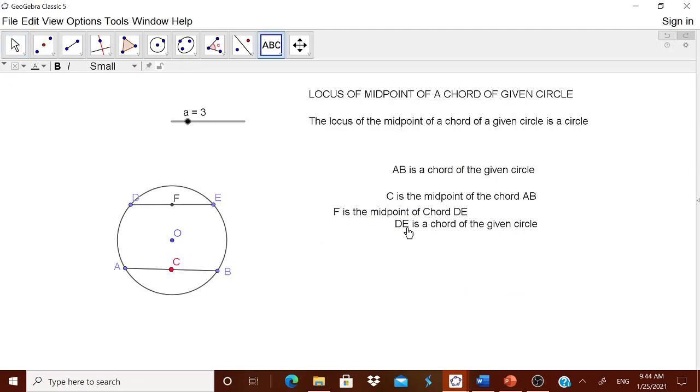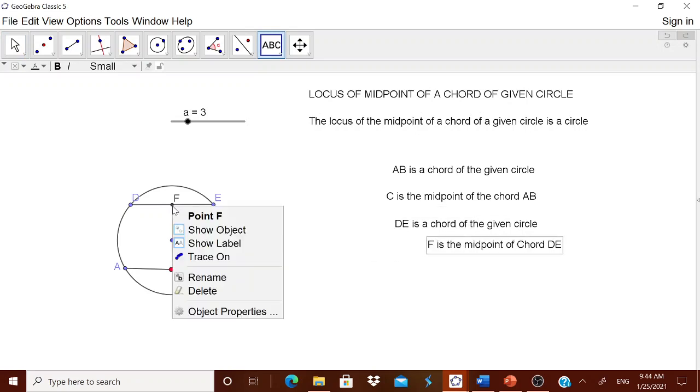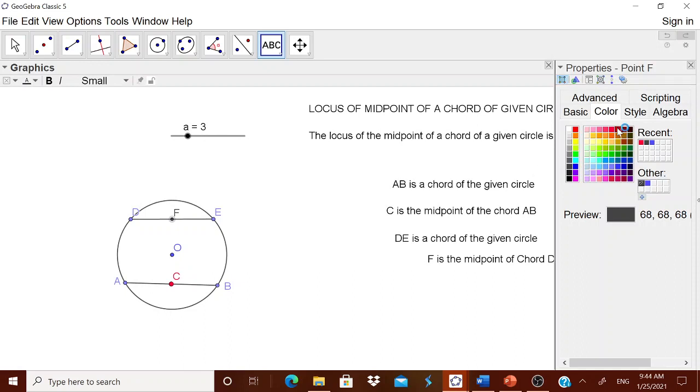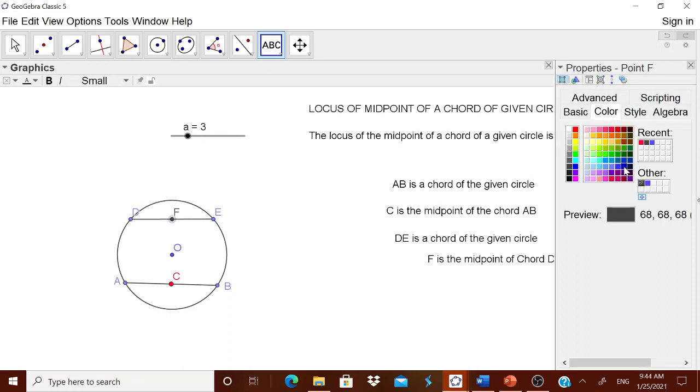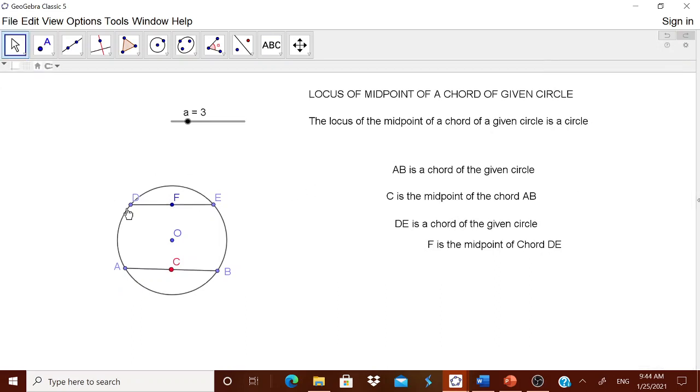Now let us go to object properties, go to its style, increase the size, then give a color, blue or something else. Now you move this D. Now you have trace on, and then move it. You see, once again it is showing a circle.